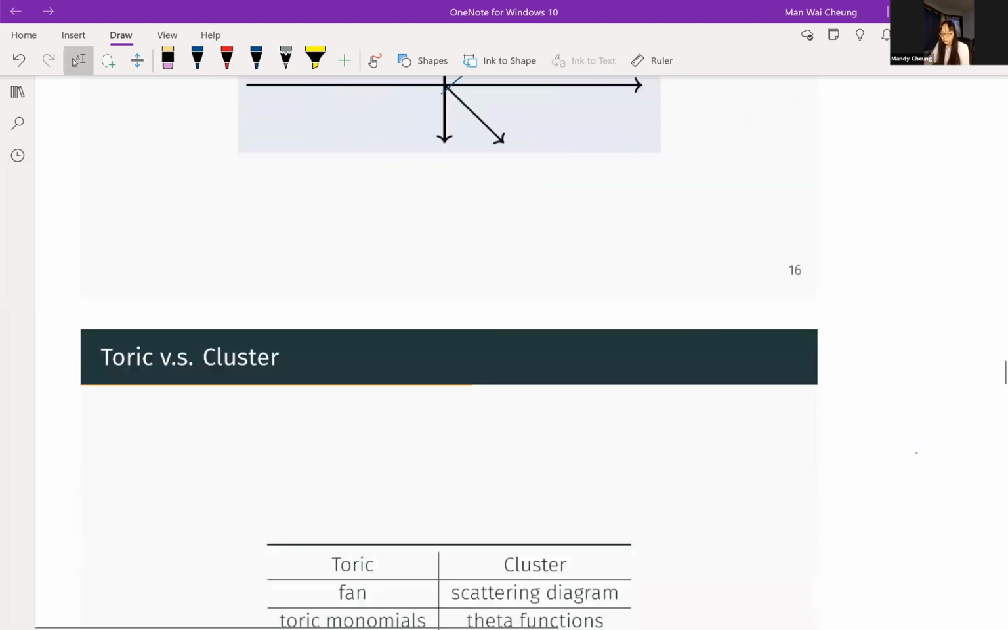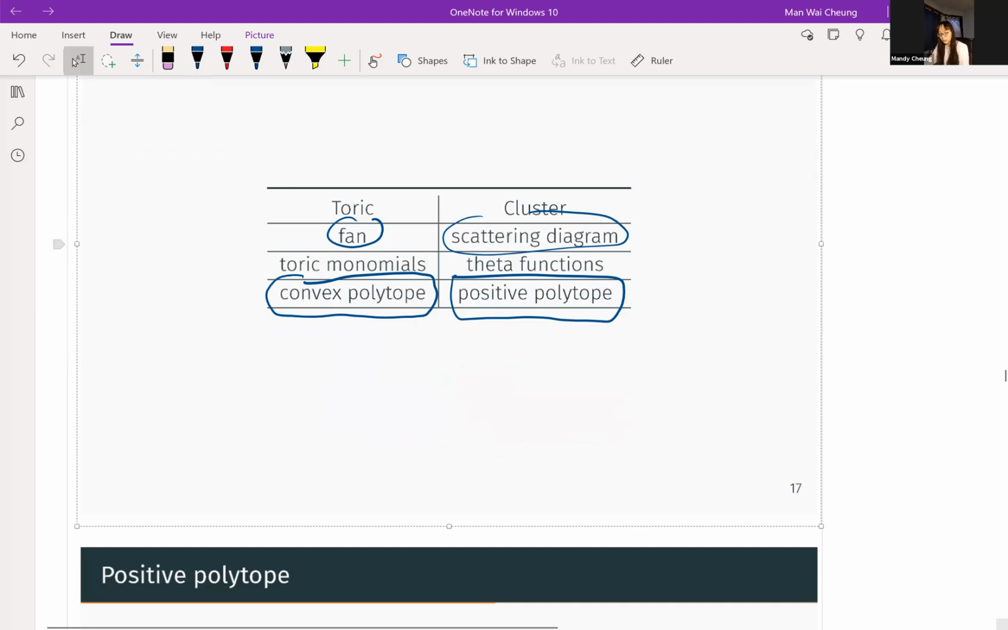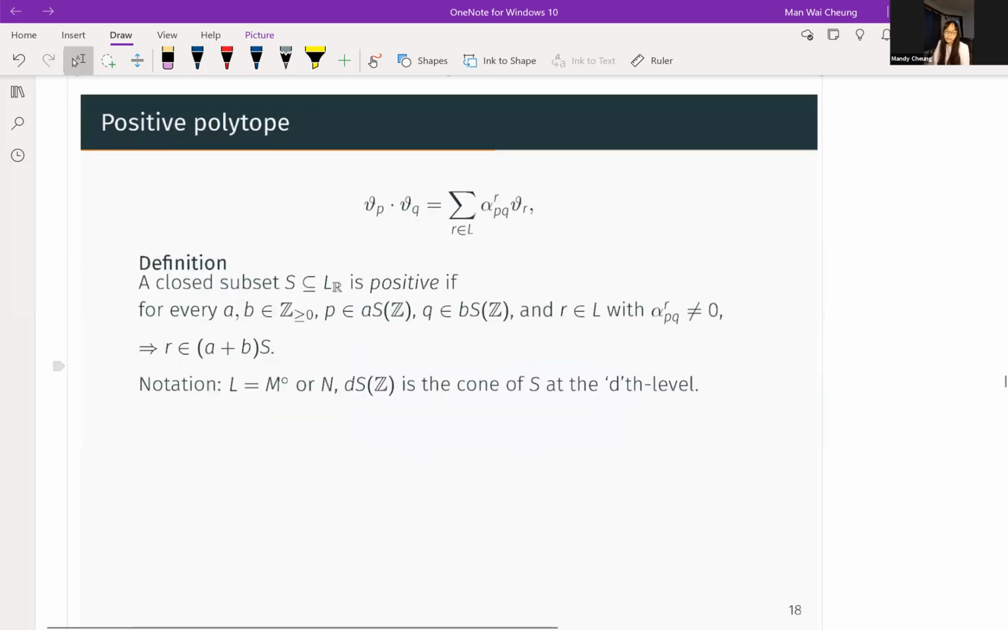And here I want to draw an analogy, because you are going to see in my talk flow today, I always want to go from the toric world to the cluster world. Roughly speaking, the fan in the toric world is just our scattering diagram. Toric monomials are just theta functions. And then in the beginning, we mentioned that projective toric varieties are given by convex polytopes. And in the cluster world, it is given by something called a positive polytope, which is defined by Gross-Hacking-Keel conservation. What that is, if we have a set is positive, if, here, let us go back and look at the